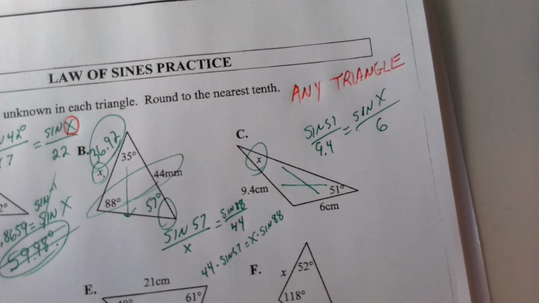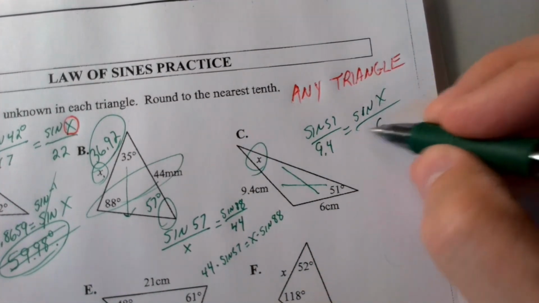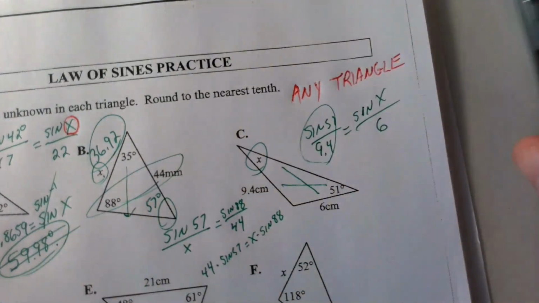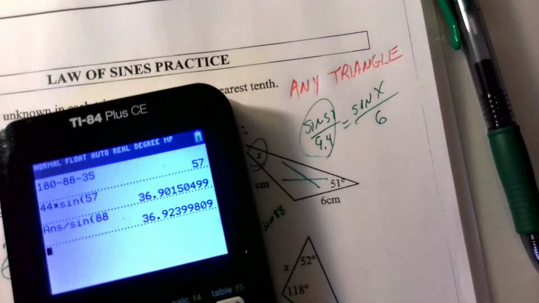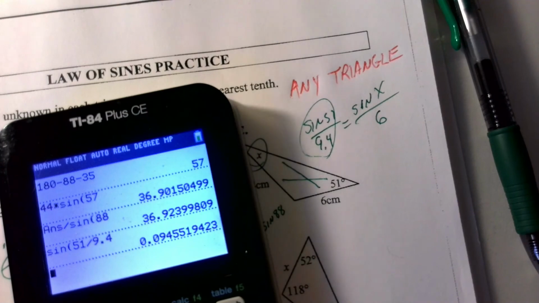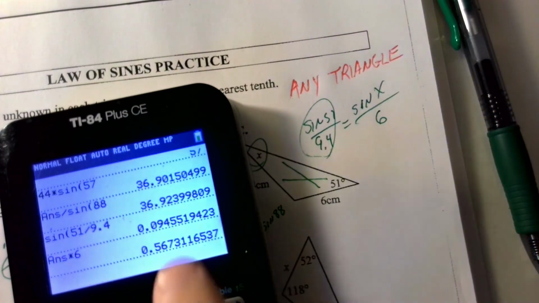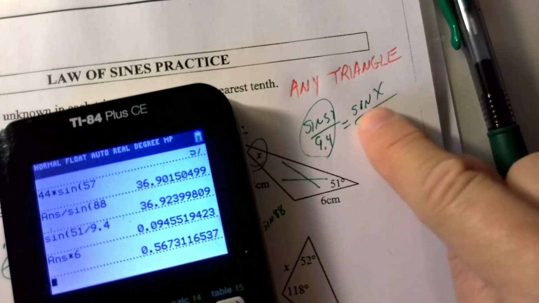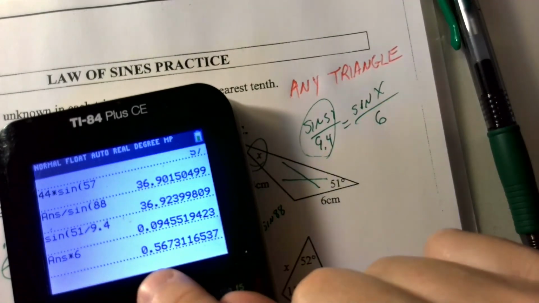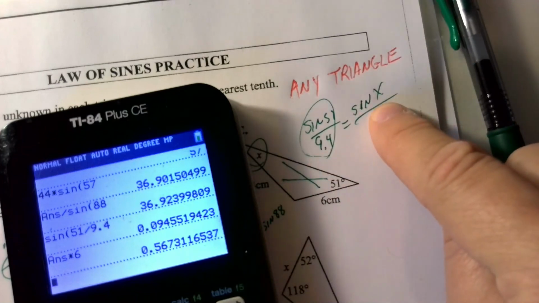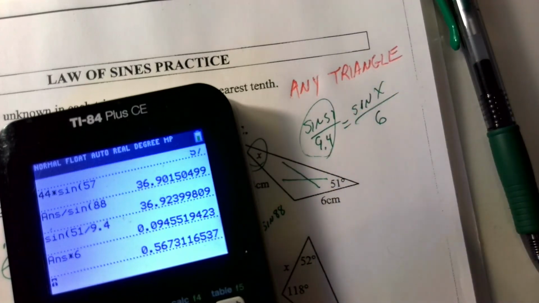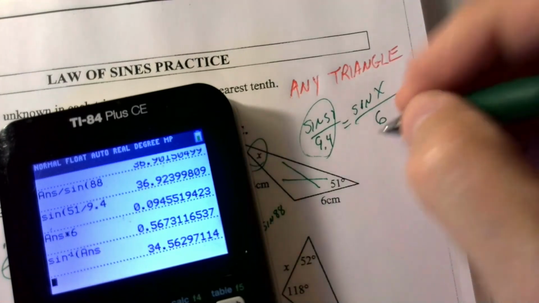Okay? So let's go ahead and do this. So find out what this ratio is. So sine of 51 divided by 9.4, enter. I get 0.094 times 6. I get that. And then remember I have sine x equals this number, right? So I have to do sine inverse to get x by itself. So I'm going to do sine inverse of that answer, and I get